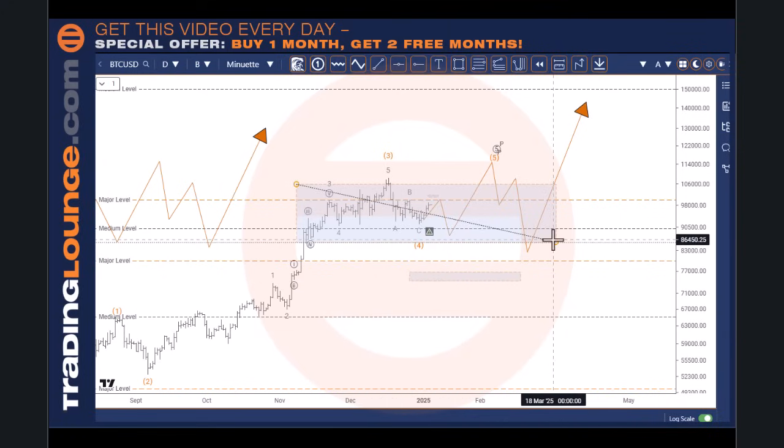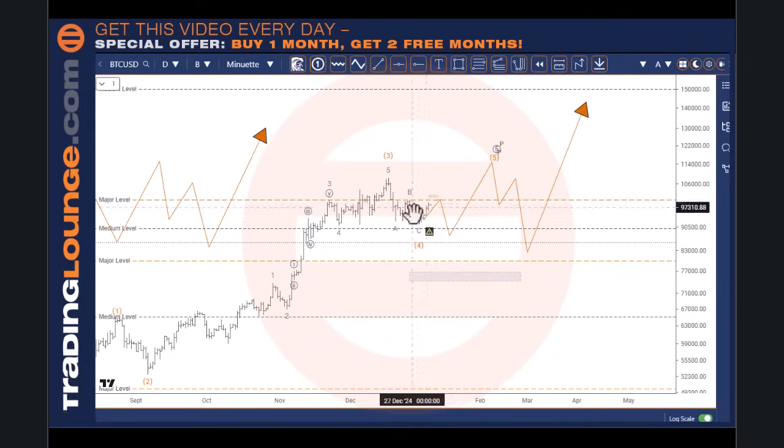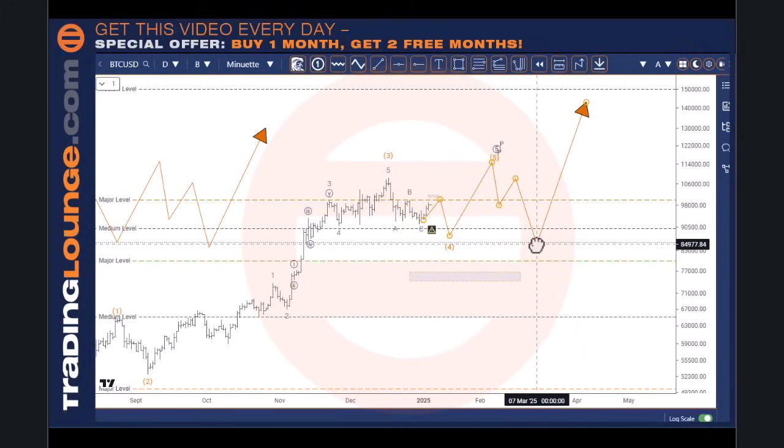This here could be understood in different ways, with wave C still coming down here for wave 4, or we could already be in play here. We don't know yet. This move up here can be counted as an ABC pattern, and it could also be counted as an unfinished impulse wave to the upside. But it's not going that far from the 100,000. It could be wrong, and we could end up going up here for the first high above the level. That would be nice, the quicker the better, I say, but we don't know that yet. But this is the one over here that we really want to be looking at in due course.